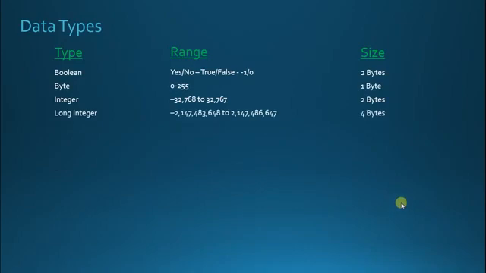A long integer is going to give you more space, more room for how much data for whatever the value is going to be. But again, it needs to be a whole number. The single is where we start to be able to use an actual decimal value. So a single, you're going to be able to put anything from negative